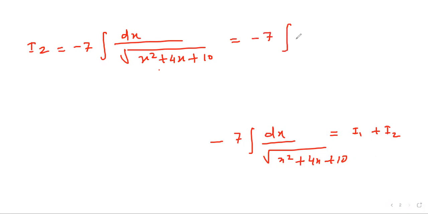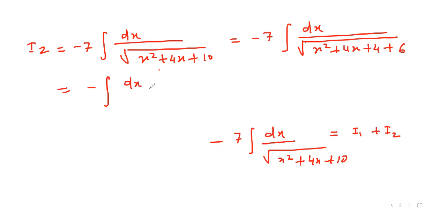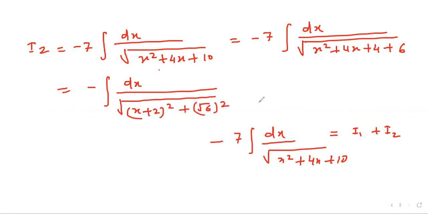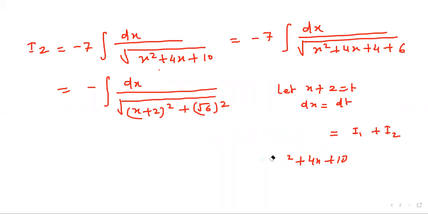So minus 7 integration dx divided by root of x square plus 4x plus 4 plus 6, which will become minus 7 integration dx divided by root of x plus 2 whole square plus root 6 whole square. Now let x plus 2 equal to t. So that will give dx equal to dt. So our question becomes